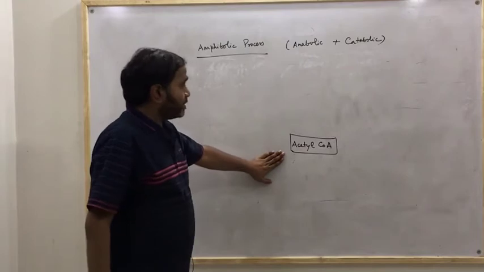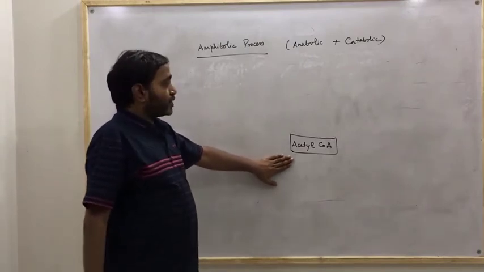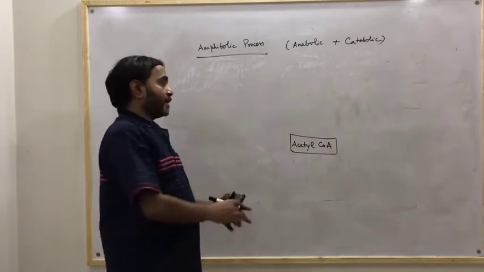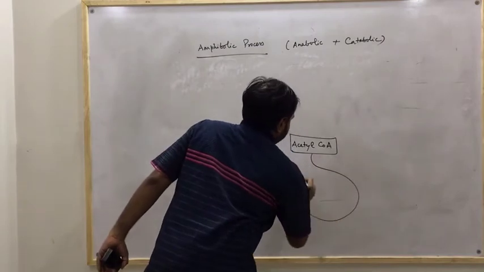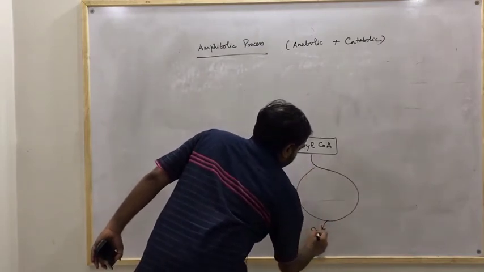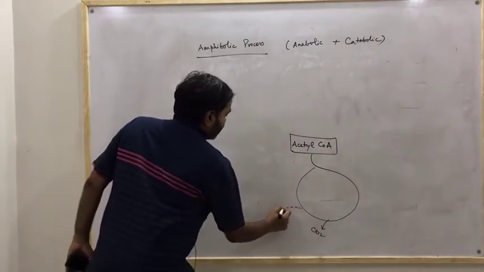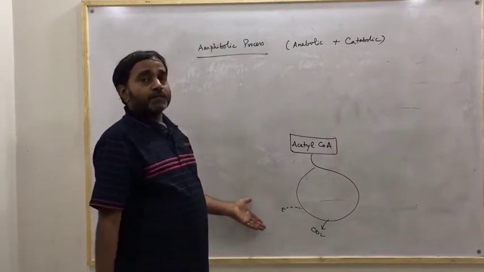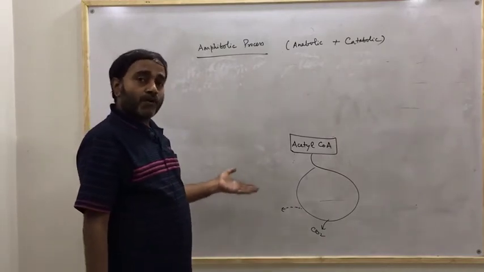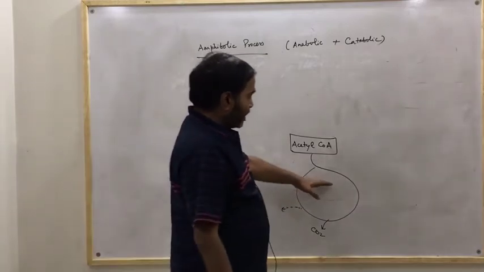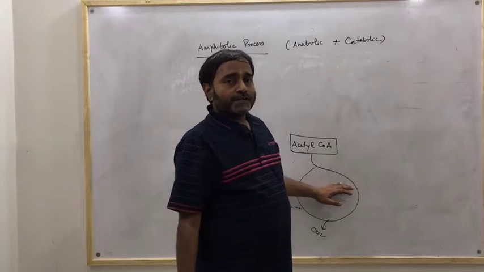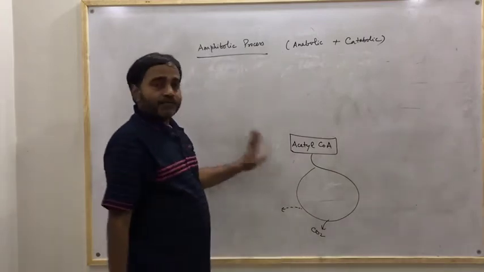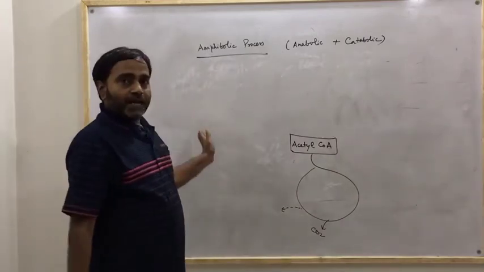is an important molecule which serves as a junction for other metabolic pathways, and it enters into the Krebs cycle. So we may roughly make it like this: here CO2 is getting generated, and at several instances the electrons will be taken to the electron transport chain, where finally H2O molecules will be formed in the presence of oxygen. You will see that further, but at several places H2O is required to enter into the particular step, and H2O will also be liberated. This is what we have seen in the Krebs cycle, as we already discussed.